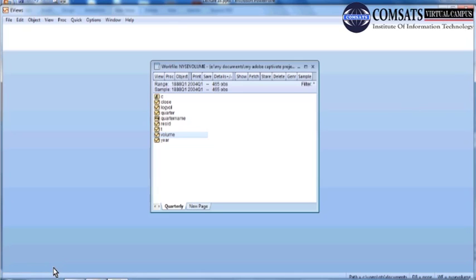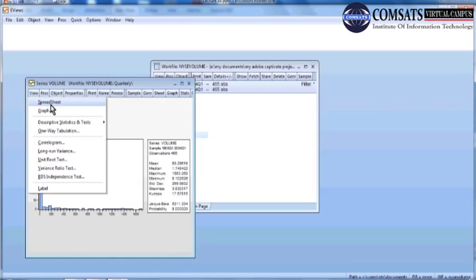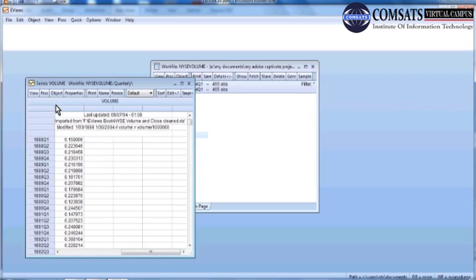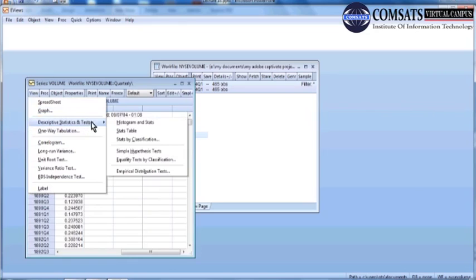So this is how. We can also close this, and similarly, we can go back to the data sheet or spreadsheet. We can read out this descriptive stats, histogram stats, and the stats table.